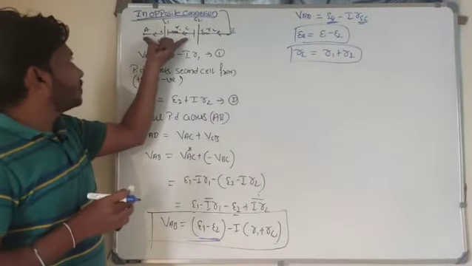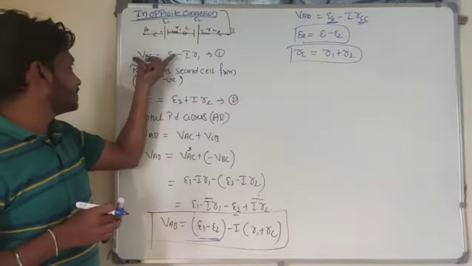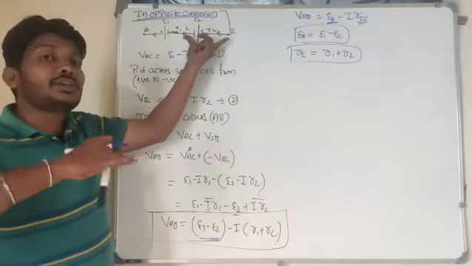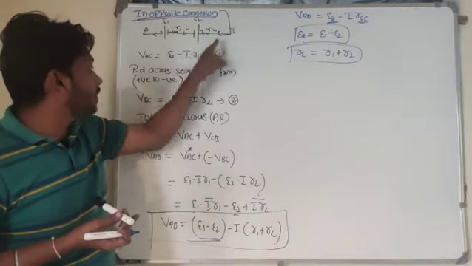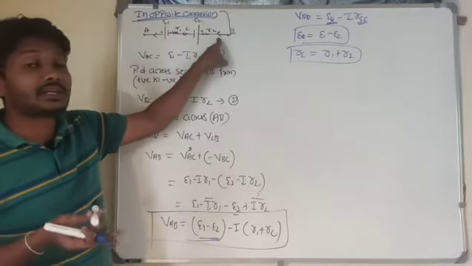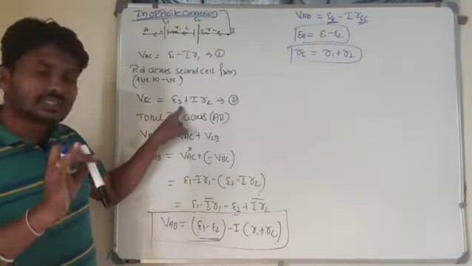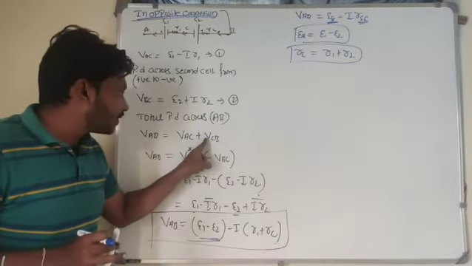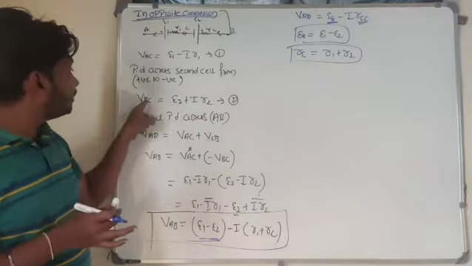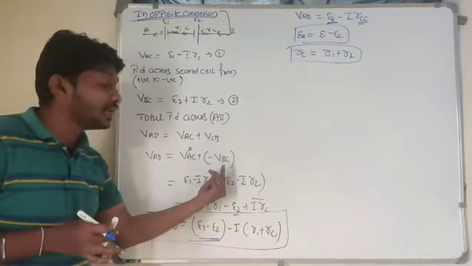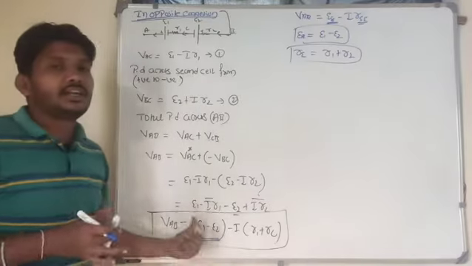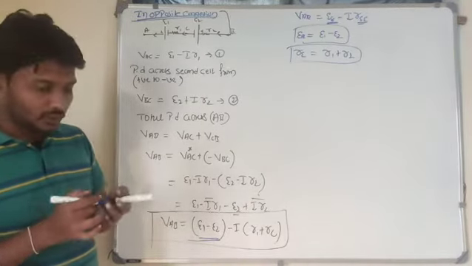For the first cell, the potential difference between A to C is E1 minus I into R1. Now I have to find the potential difference for the second cell, from positive to negative. So V of B to C is what? Current is flowing towards the cell, so that is a charging cell. The total potential difference is A to C plus C to B. But I have B to C here, so C to B I can take as minus of B to C. If I do so, I get the equivalent EMF as E1 minus E2. Hope you remember these things.